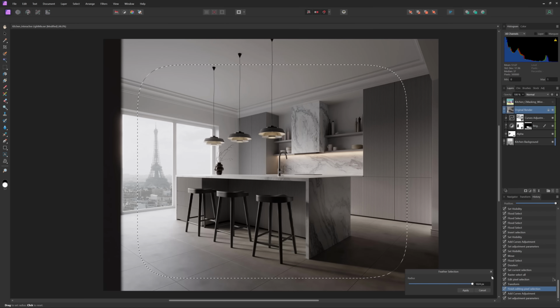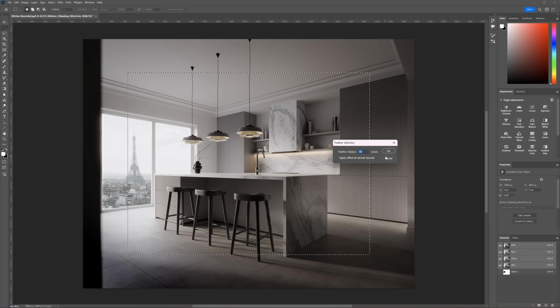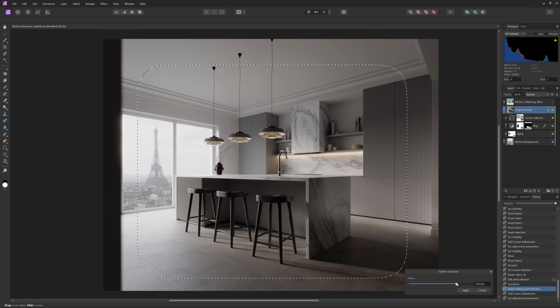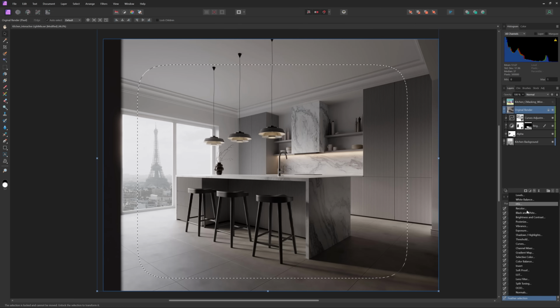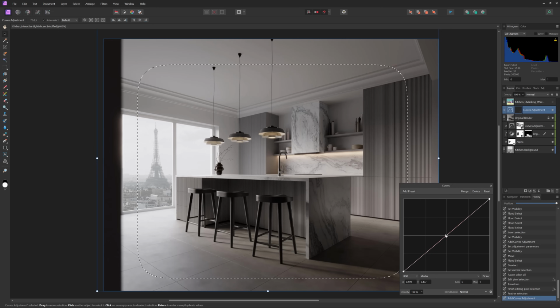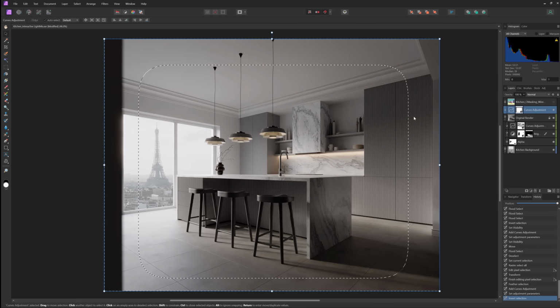But what I like here is that when we change the value, we can preview it straight away, while in Photoshop we have to assign the change and go back if we don't like this. It's way more effective in Affinity. It's annoying that we cannot see the preview in Photoshop, as the effects work differently with different resolutions. I make the corner darker to finish the vignetting effect.